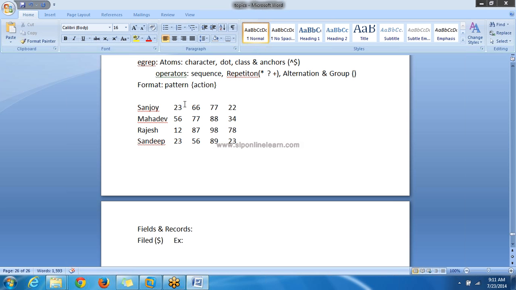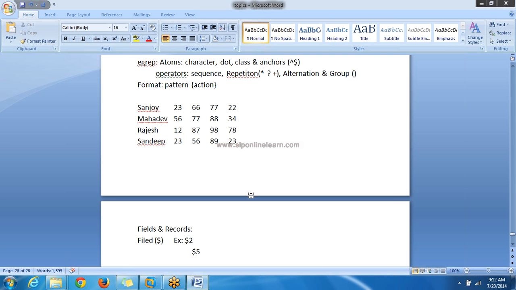To refer to this particular field, what is the field number in this file? This is field 1, field 2. Then use $2. So $2 is how we access the second field. To access the last one, what is the field number? 1, 2, 3, 4, 5. Then you can say $5.